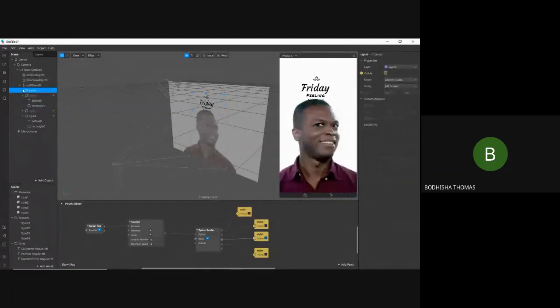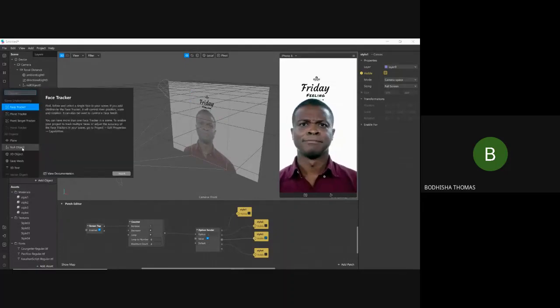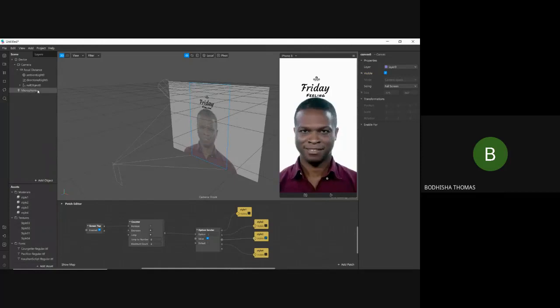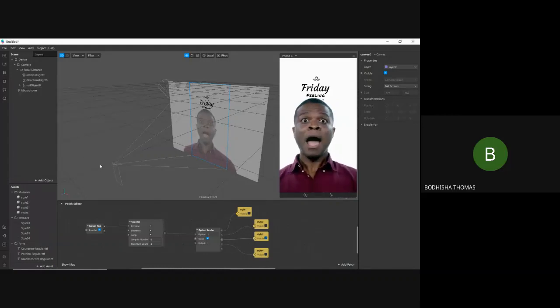For that, what you need is, okay, we'll add a canvas. As I said, canvas is the container for laying out 2D objects. We'll add a canvas, insert.